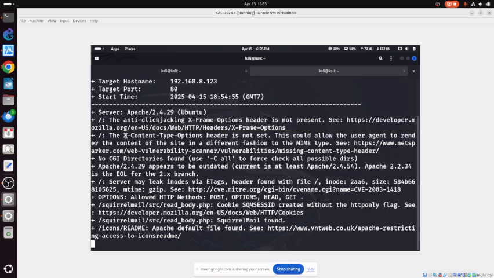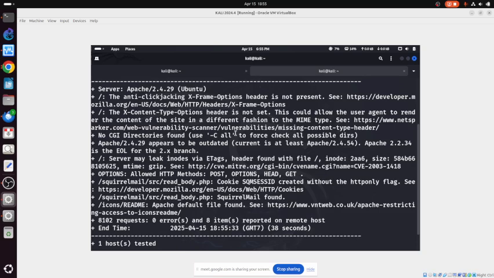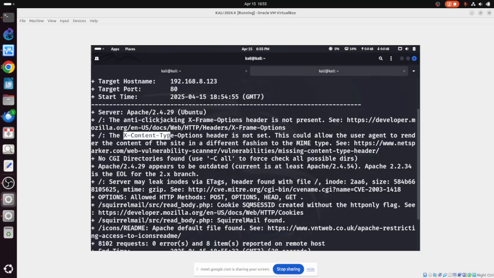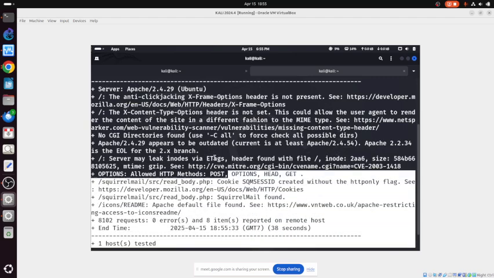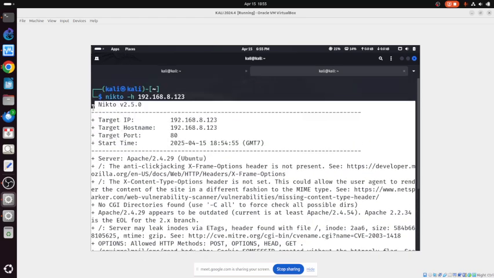And another one is the X-Content-Type-Options header is not present. It's not set, so we need to set this one. So this is actually the report that we will submit to the client.